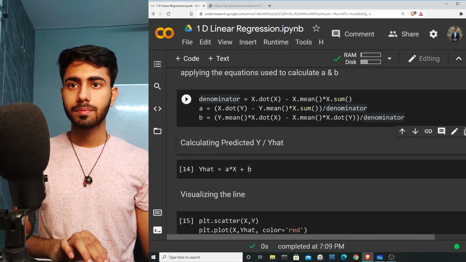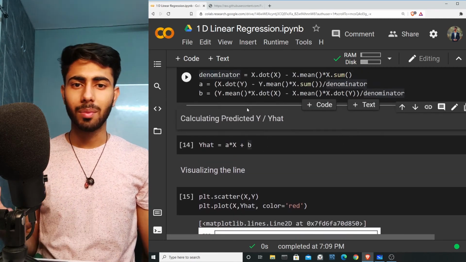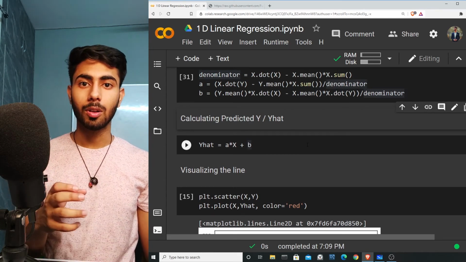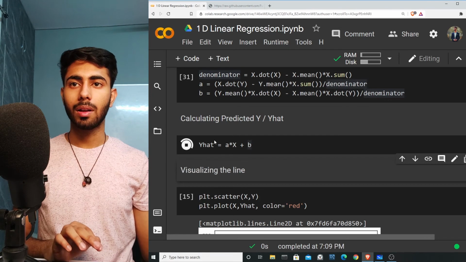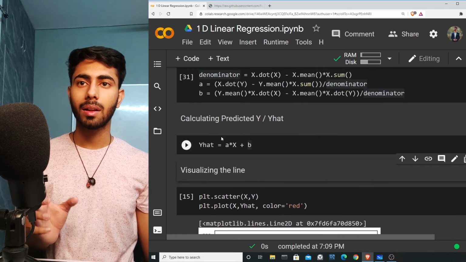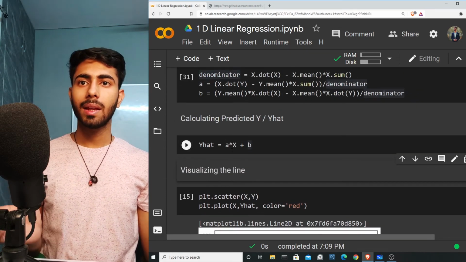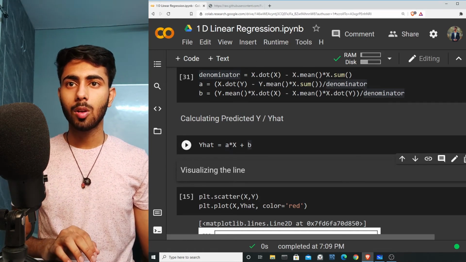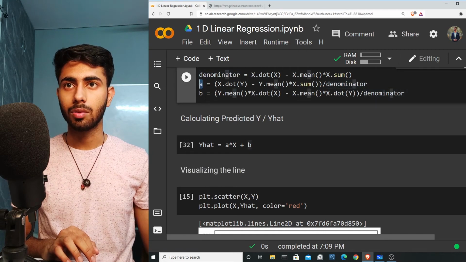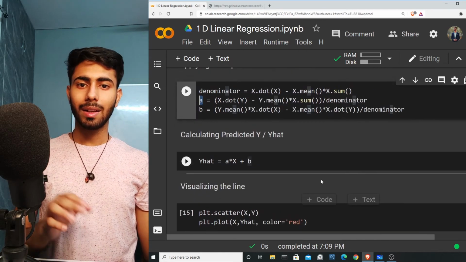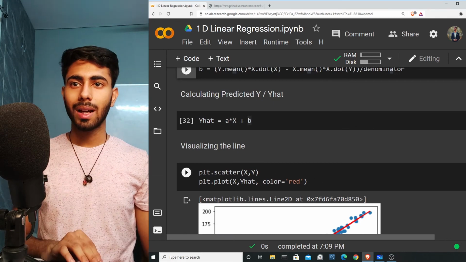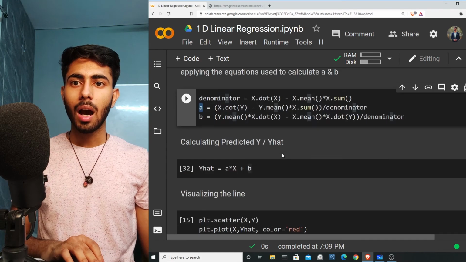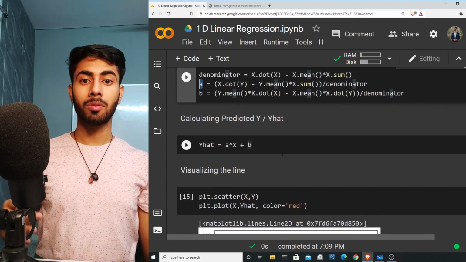Once you run this, you must be remembering that we were basically finding a and b for the equation y hat is equal to ax plus b. So you can also write a variable y hat whose value is equal to a multiplied by x plus b. Here the value of a is this one and b is this one. Now let us try to plot our line. For that, first I will write plt.scatter(x, y), so I can get a plot like this. After that, I will plot my linear regression line.